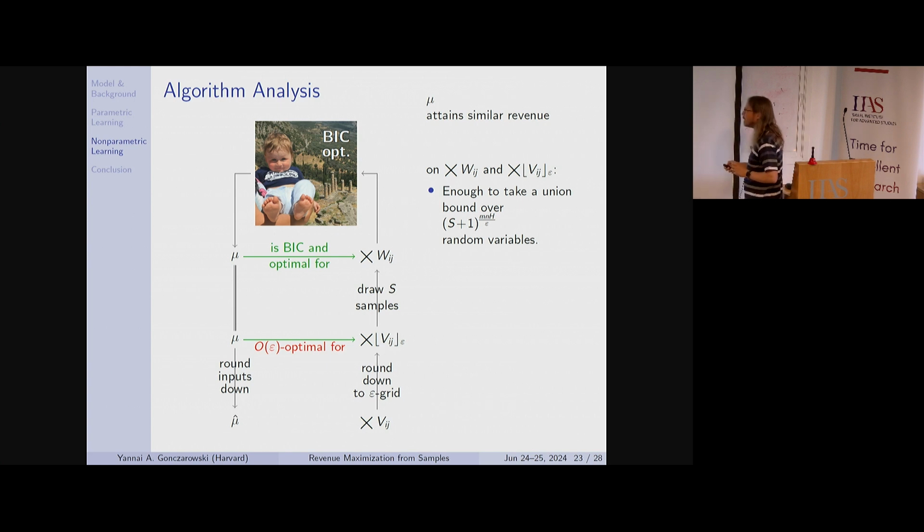So I'm basically saying this oracle could be crazy, but if I feed into it only product distributions that I've constructed from s samples that are multiples of epsilon, that's the whole point, it will only output so many different auctions because I'm only going to input into it so many different distributions in any possible way.